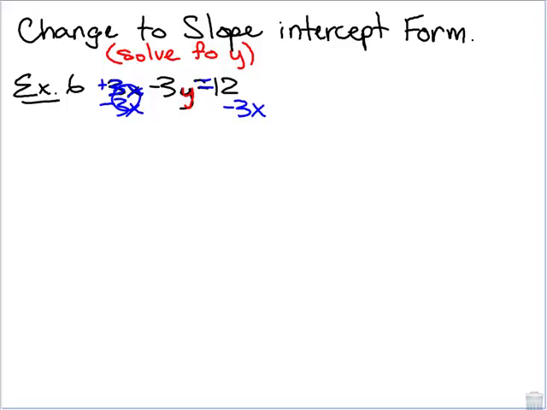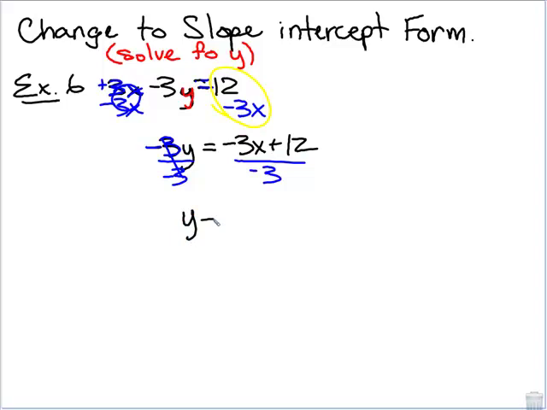What will come down now, we'll bring down a negative 3y. That is now equal to, and these are not like terms, so we cannot combine them. I'm going to put it in the order of a negative 3x and a positive 12 second. From here, we have to get rid of this negative 3 we're multiplying the y by, so we're going to divide both sides by a negative 3, divide by a negative 3,